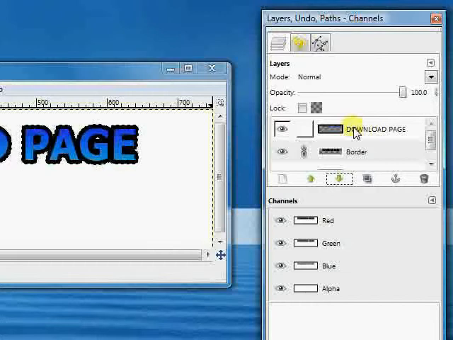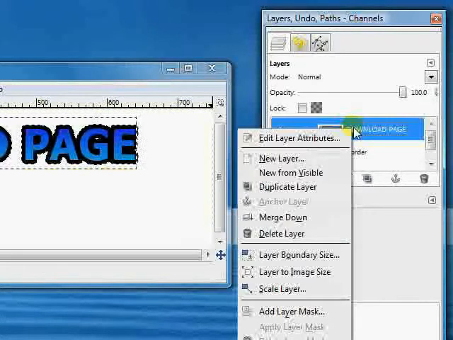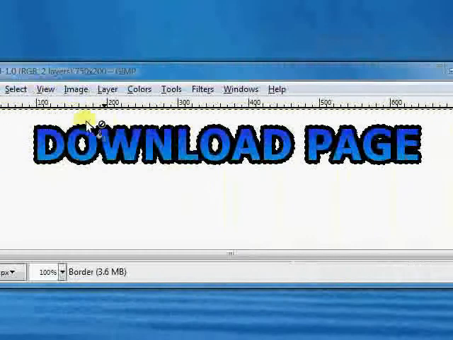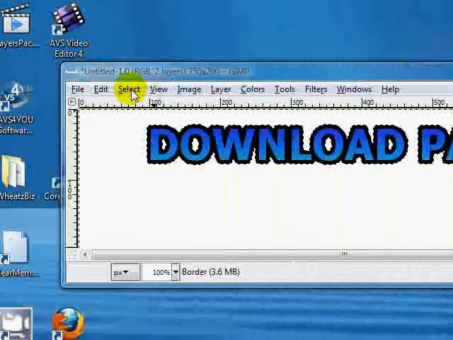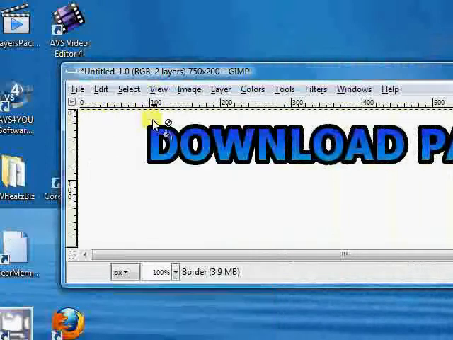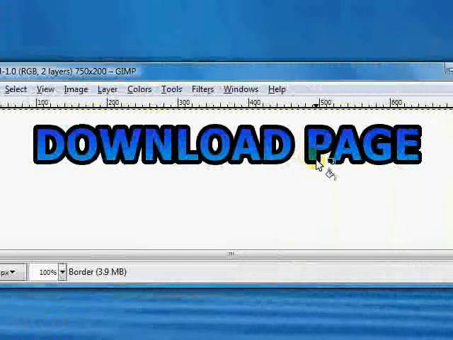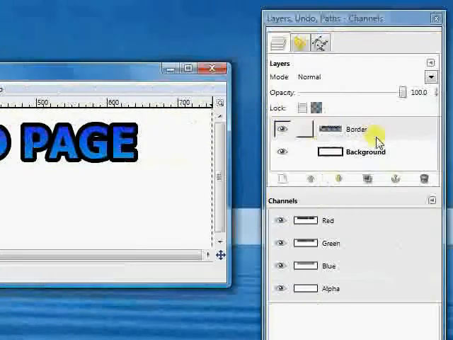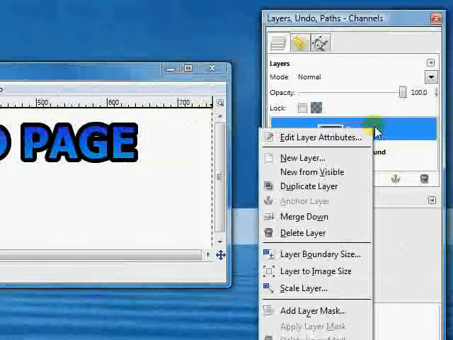Now we have border, we have the download page. Let's right click, select merge down, and now these two will be together, and we can deselect, select none, and here we've got our background, raised letters. And now we've got our border,